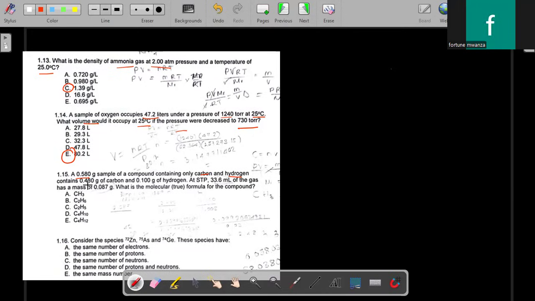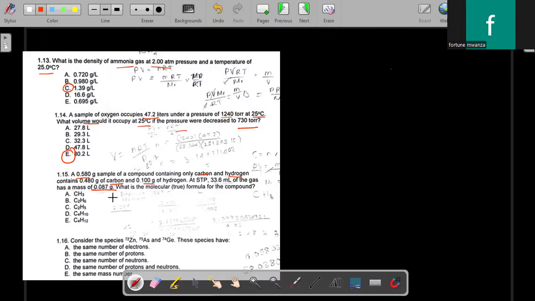This sample contains 0.48 grams of carbon and 0.1 gram of hydrogen. So the mass for carbon is 0.48, and the mass for hydrogen is 0.1. At standard room temperature and pressure, 33.6 milliliters of a gas has a mass of